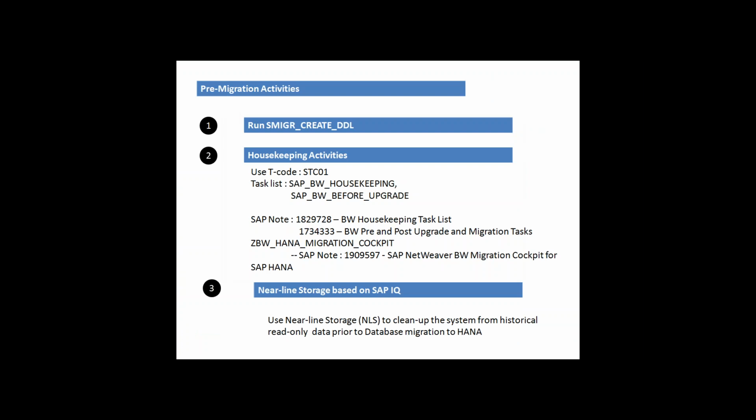Now let us assume that we have done the sizing, and we have already done the checking of the BW system for readiness for migration. So we have implemented all the notes that have been required. We have identified what customizations are required in all the above programs, and what changes we need to carry out in the BEx queries so that they work fine even after migration. And now the HANA system is already installed. So before they start the migration,